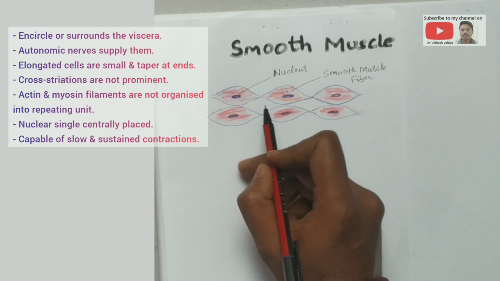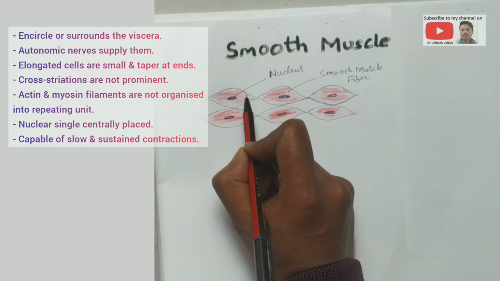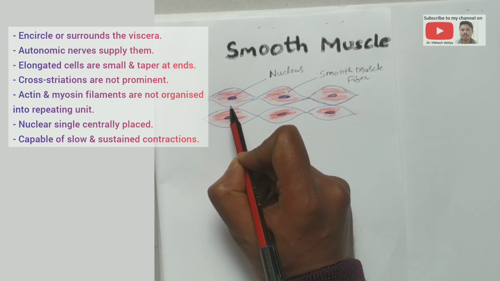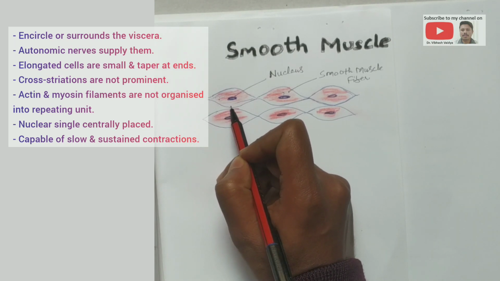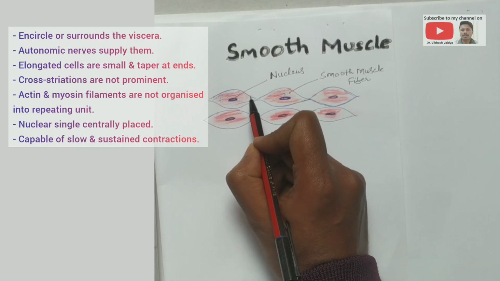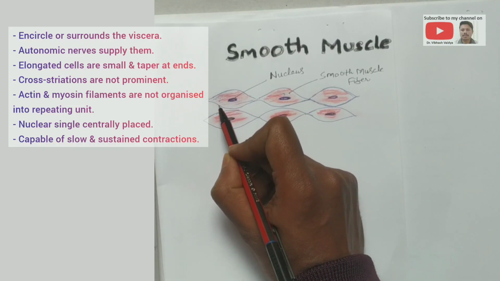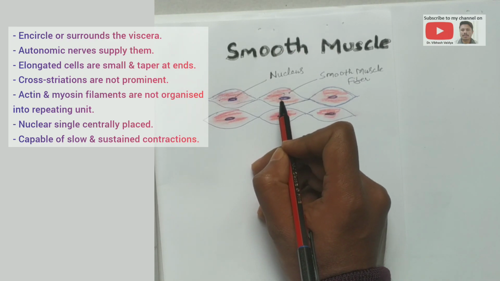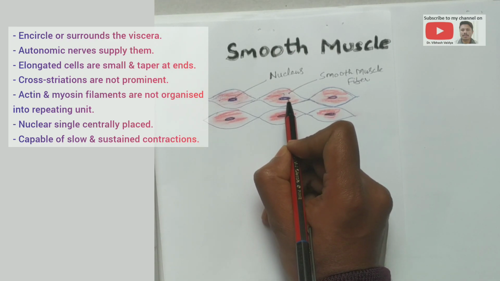You can appreciate here that the cells of the smooth muscles are elongated, small and taper at the ends, and these elongated cells contain a small nucleus